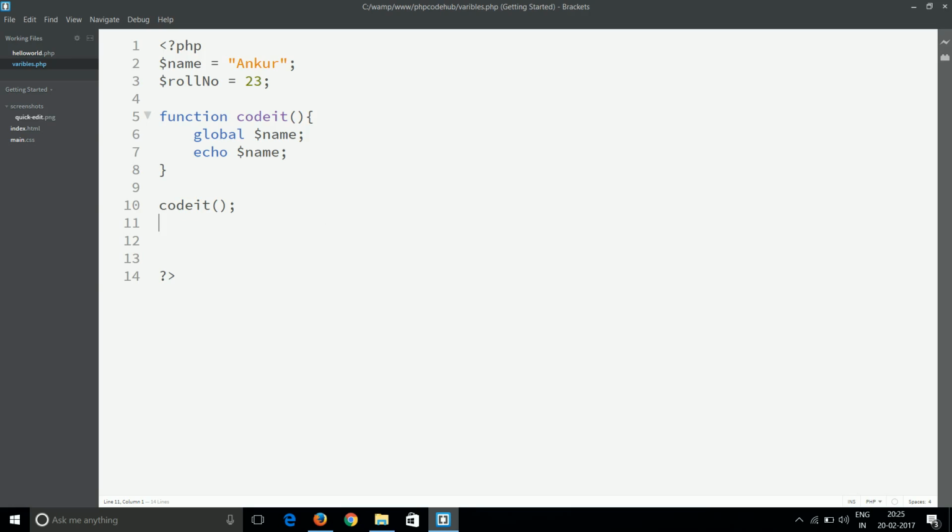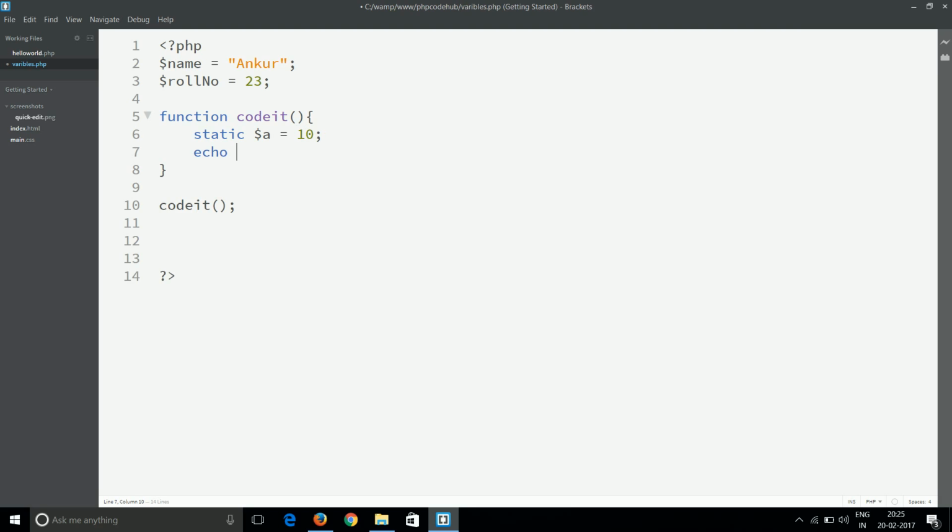Now another one is a static variable. So what is a static variable? We can declare a static variable inside a function like this: static $a is equal to 10. Now we will try how the static variable works.